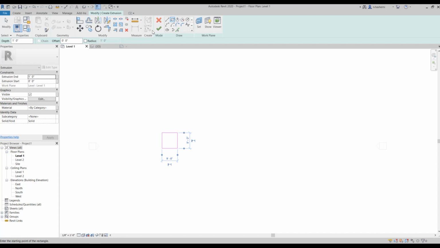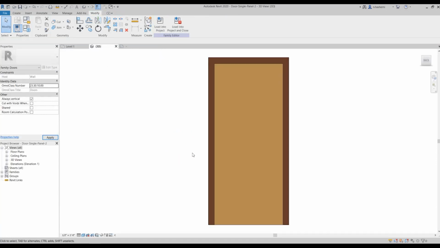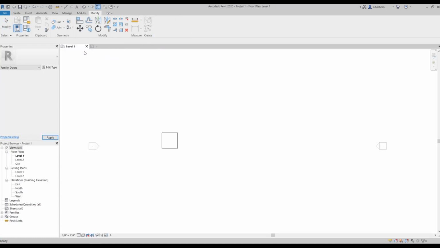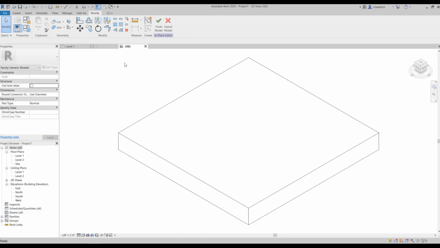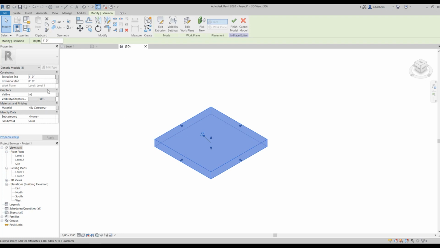Now let's hit check and see what happens. I'm going to switch to 3D view. Okay, and you see the shape was built. Now, you may want to change the instance properties from here. For example, I want to change its height to 5 feet.